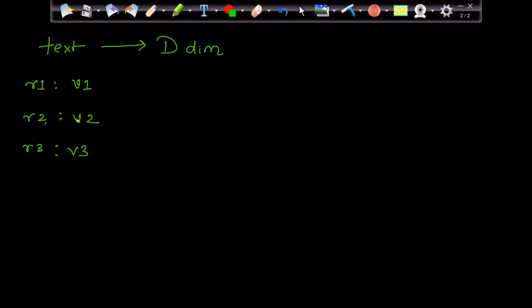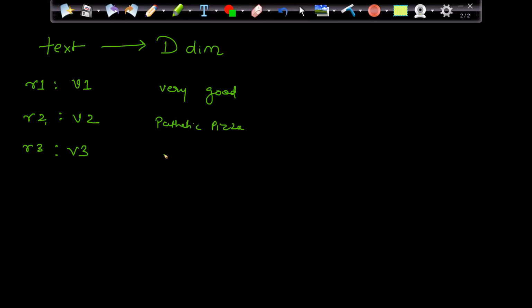And I will find the distance between the vectors now. Think of simple mathematics. Let's consider that I have only two words in every review. Let's take a very simple example so that you will understand. I can have a review which has two words only, let's say "very good". That is my first review. We'll take bigger sentences also, but let's try to understand from here. Next is "pathetic pizza".